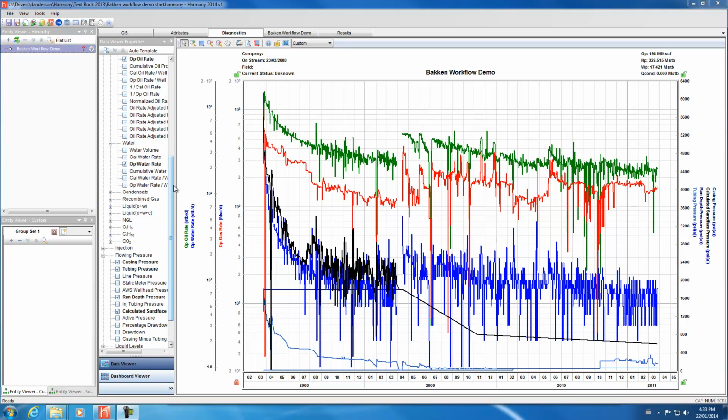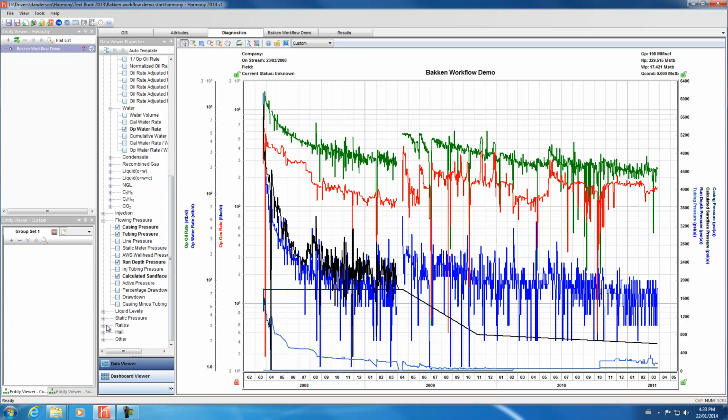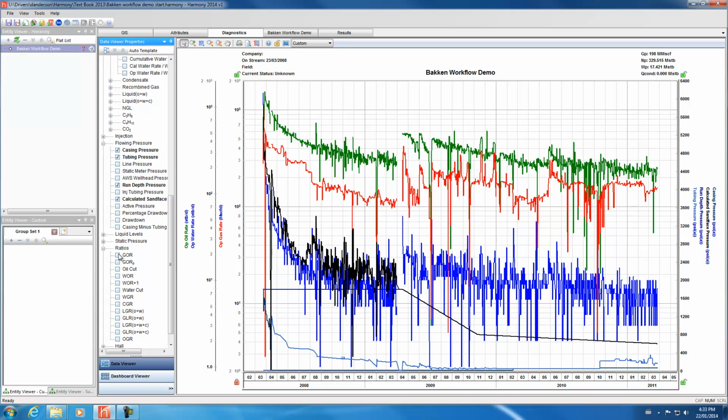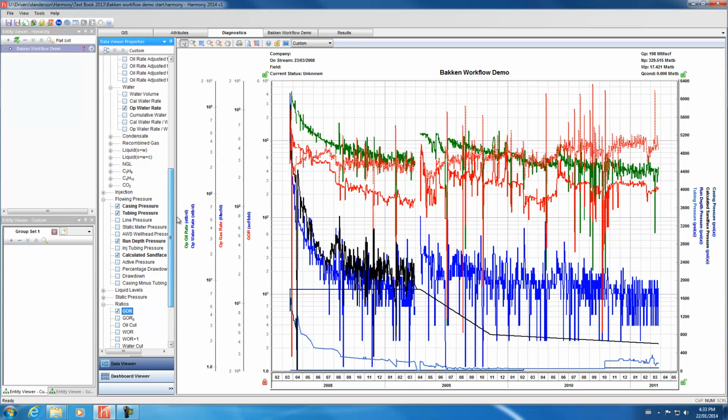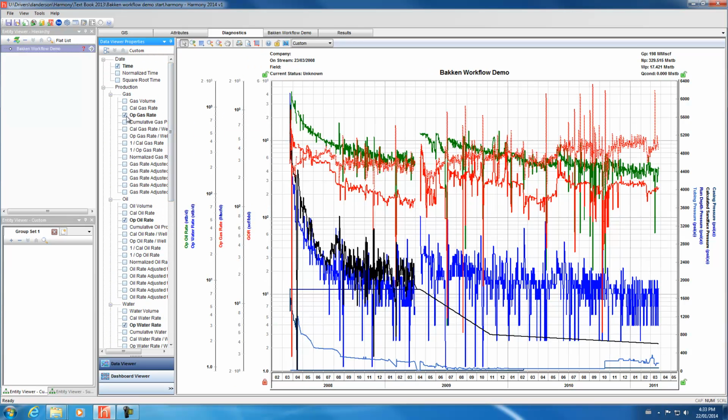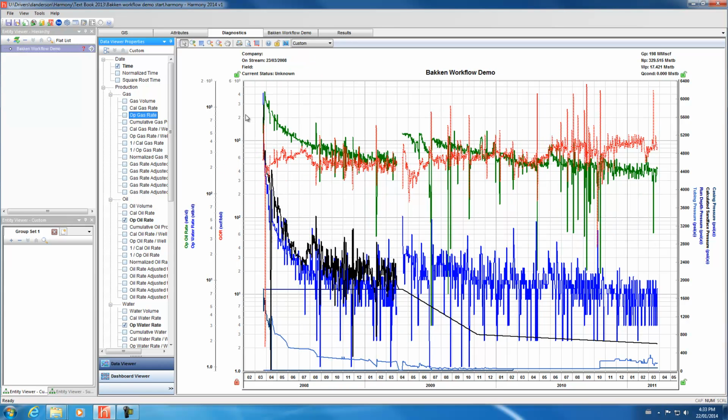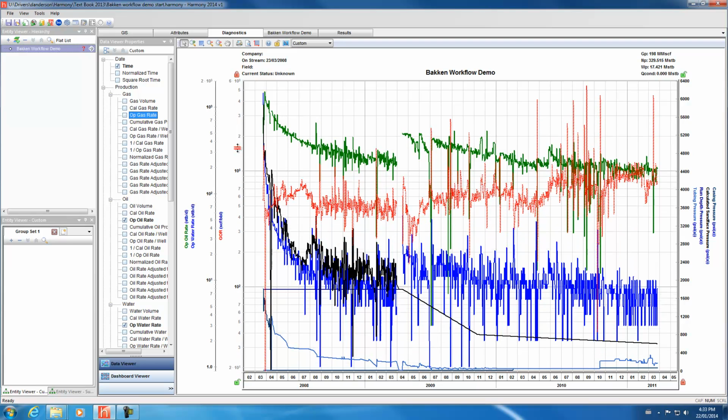I'm going to just add on here gas-oil ratio and actually show the gas-oil ratio instead of the gas rate. And that gives us a little bit more detailed picture of what's going on with the relative fluid ratios. So what you're looking at here, we've got our oil production rates. The well comes on stream at over 1,000 barrels per day, 1,100 barrels per day. We've got some decline. We've got a little bit of a shut-in period here, and then continues to go from